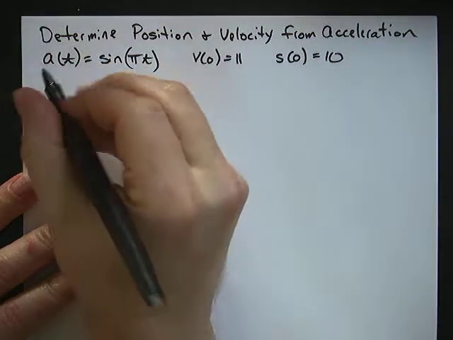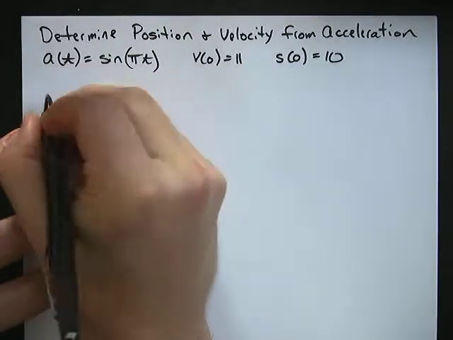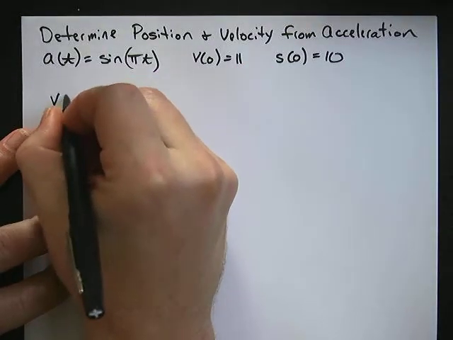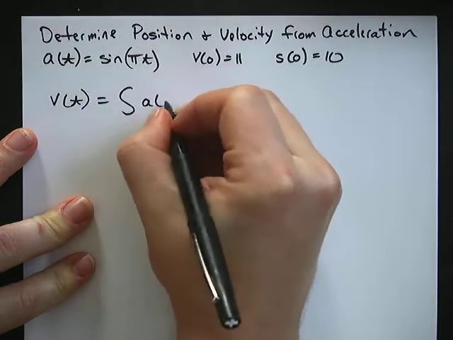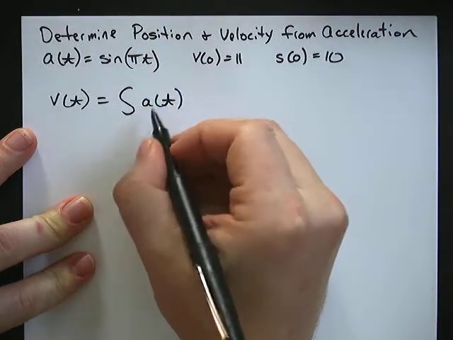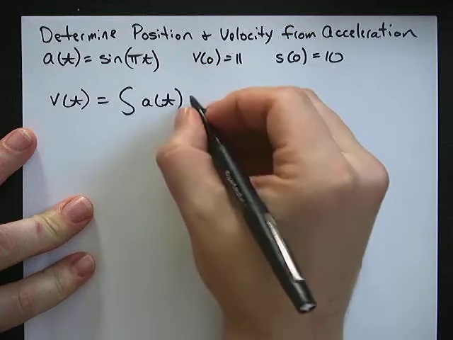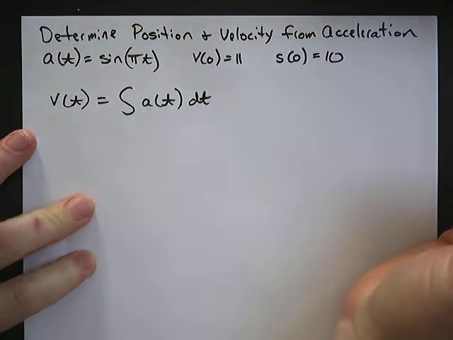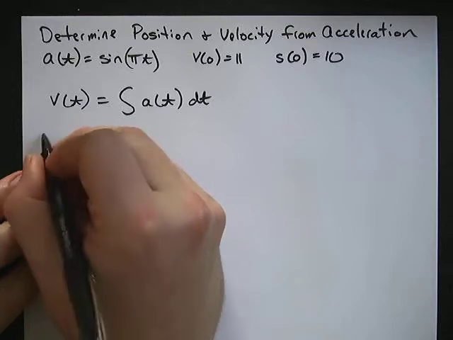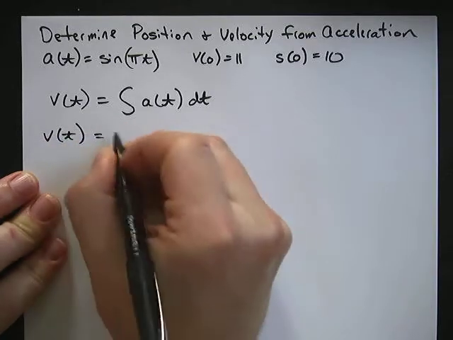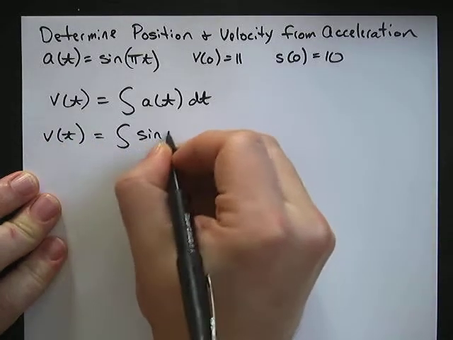Okay, so let's start by recalling this. If we want to find v of t, then it requires taking the antiderivative of a of t. So the antiderivative of acceleration is velocity. That's our starting point right there. So we integrate to find v of t. We integrate sine pi t